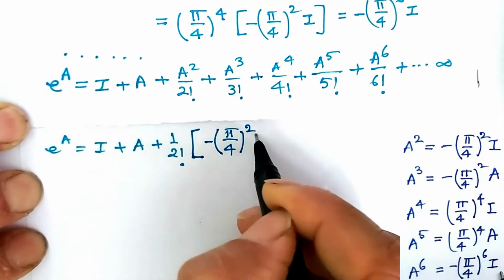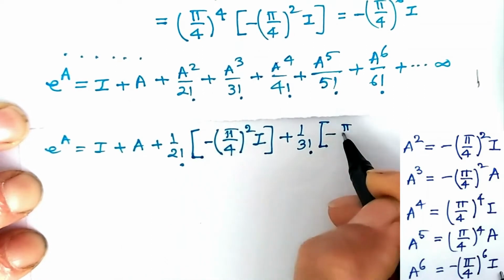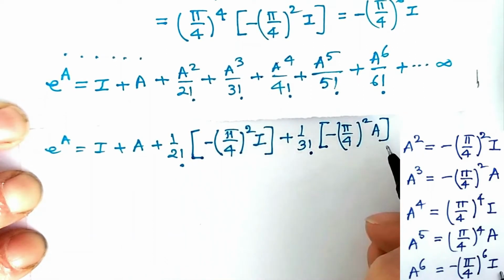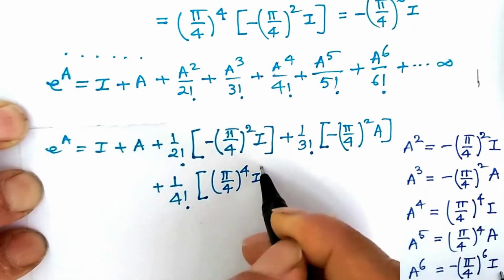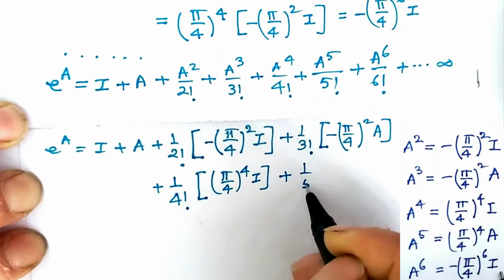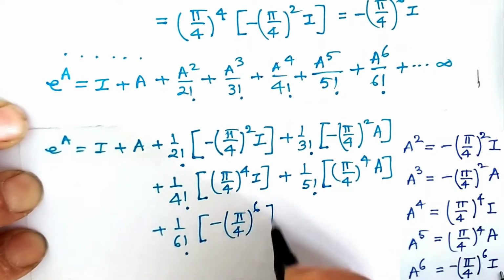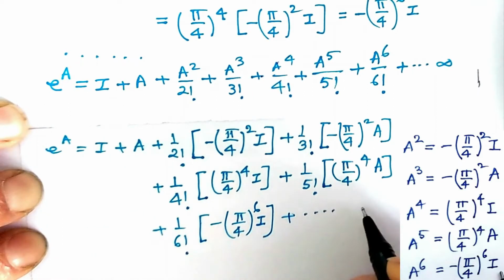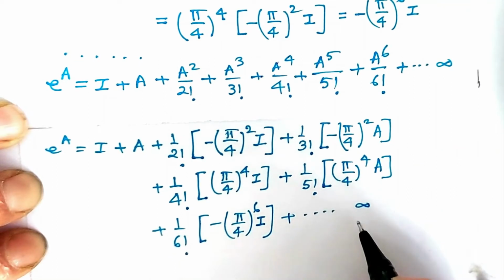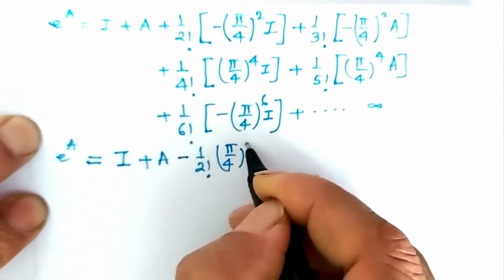Put this for a square. We substitute for a cube. This is for a to the power 4, and for a to the power 5 we have, and this one for a to the power 6, and so on and so forth. The series extends indefinitely, that is up to infinity. It does not end. Let us simplify a bit to get